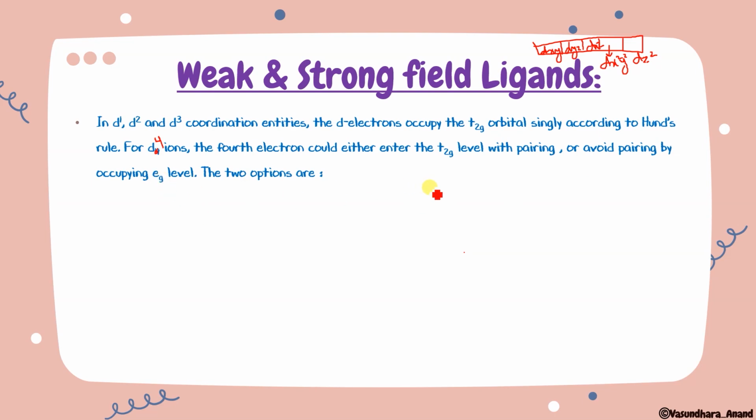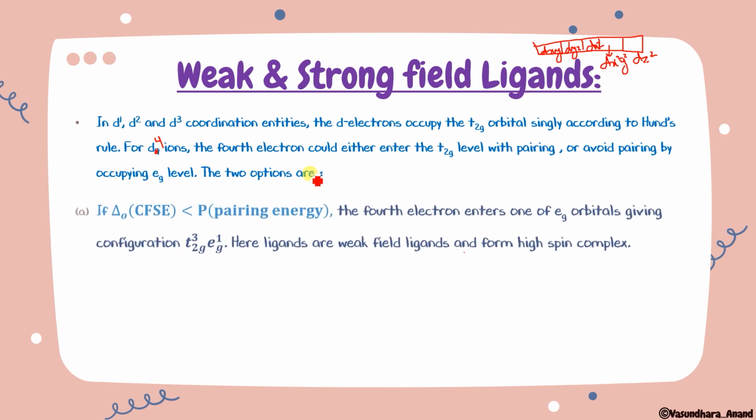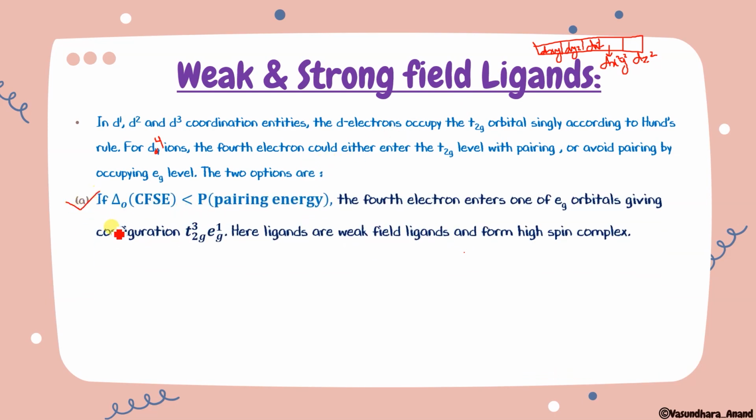दोनों ही हो सकता है, या तो ये ऐसे 1 1 1 और 1 यहाँ हो जाए, or this one electron will go here for the pairing. That can also be done. It depends. So there are two options, and these two options will be asked as a question. What will happen if delta naught for the d4 configuration is less than pairing energy, then what will be the configuration? अगर pairing energy से कम है, so that means their pairing will not occur. So that's why it will be t2g3, यहाँ 3 electrons, and this is for eg. So eg में 1 electron.